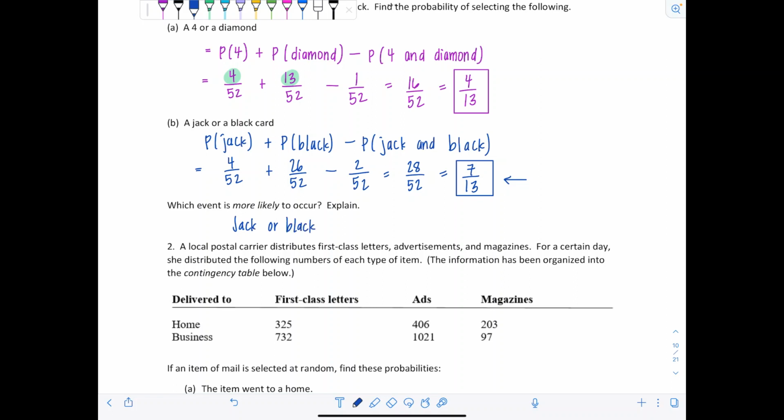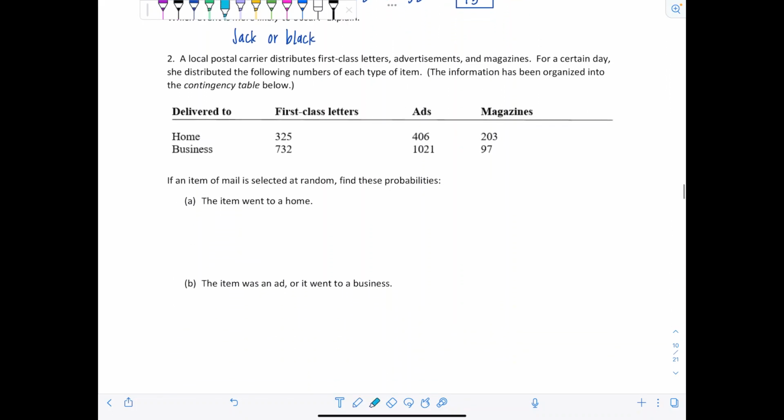Okay, one more example. A local postal carrier distributes first-class letters, advertisements, and magazines. For a certain date, she distributed the following numbers of each type of item. The information has been organized into the contingency table below. So she delivers mail to homes and businesses, first-class letters, ads, and magazines. First part says, if an item of mail is selected at random, find these probabilities that the item went to